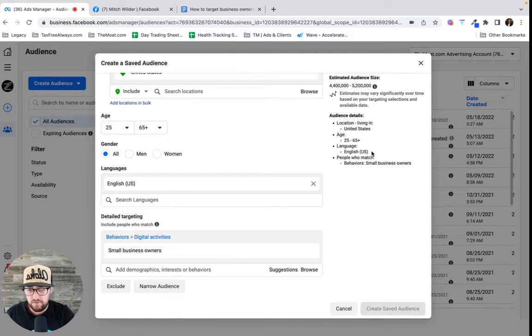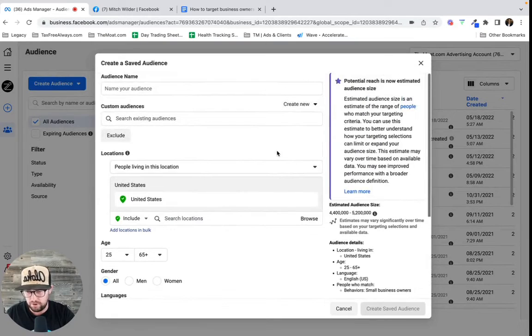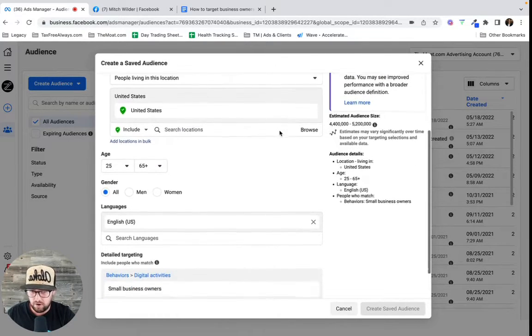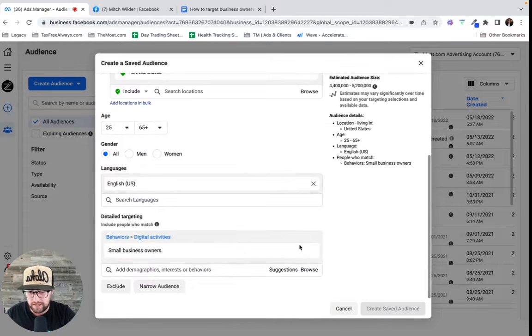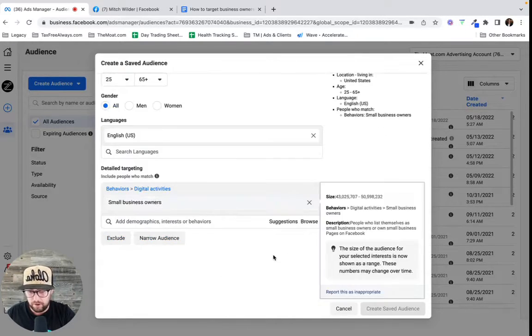So for the first targeting for business owners, this would be my behavior based targeting. And if you want to see how we know who this is, it's basically people who are listing themselves as small business owners or own small business pages on Facebook.